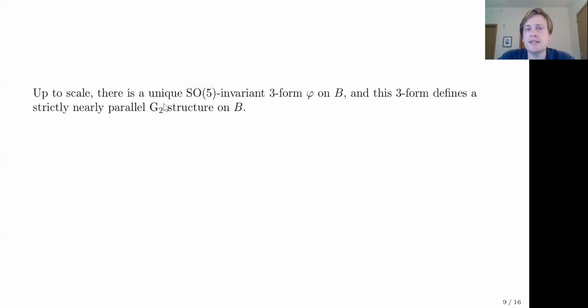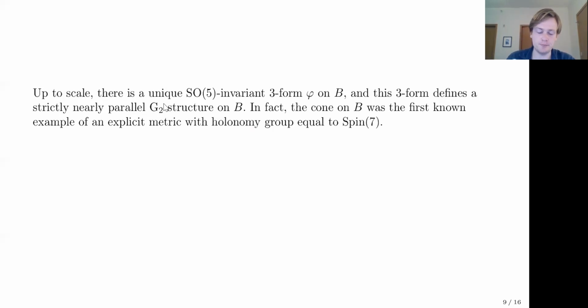And it turns out that this 3-form phi has the right algebraic properties to define a G2 structure. It also defines a strictly nearly parallel G2 structure on B. So our Berger space B carries one of these strictly nearly parallel G2 structures, which we talked about in the previous section. Okay, and actually B plays an interesting role in the history of manifolds with special holonomy,